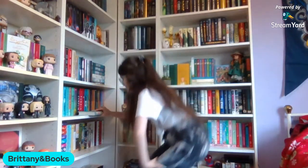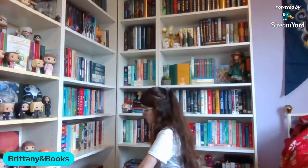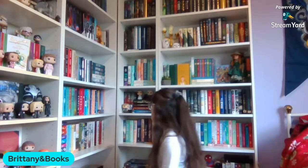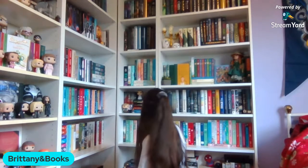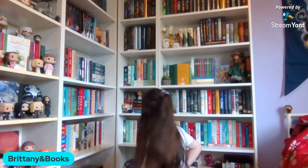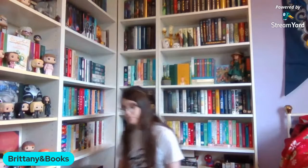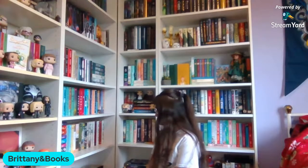Okay, but also, all this book stack is doing is making room for one more book. That's all it's doing. I don't have room to put that one book somewhere else. Could have been a worse addiction. That is true. There's not even one more hardcover that I could actually unhaul that I don't want to have. Unless...